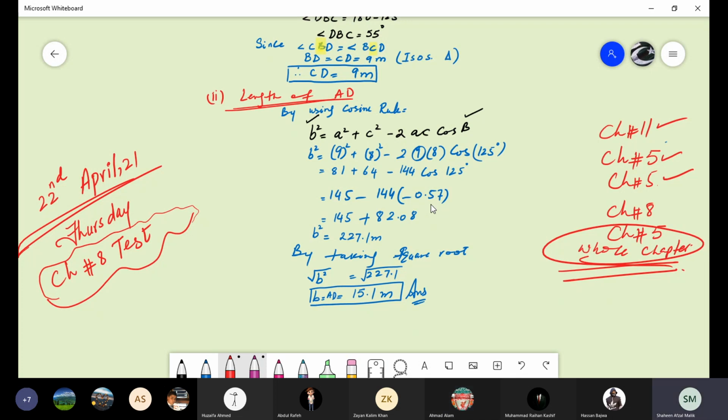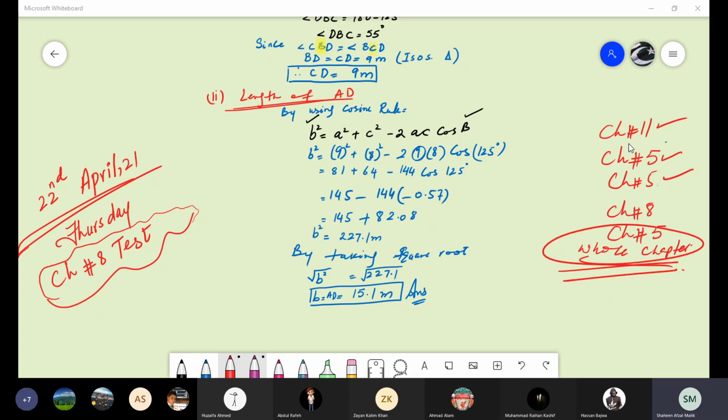What about the rest of the students? Ahmad Alam, Arsalan, Zayan, Hassan Abid. No, not Hassan Abid. Hassan Abid also has a few missing homeworks, but Ahmad Alam is at the top of the list, then Daniel, then Zain and Arsalan. Be serious in your studies, beta. Now you have final exams.